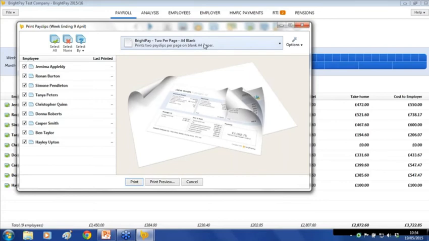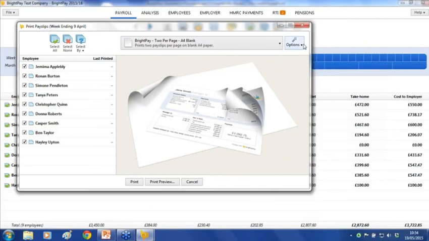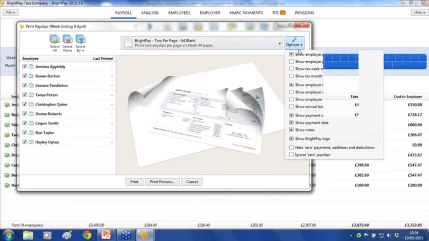In addition to the way you can print the payslip, you also have the option as the user to specify what appears on the payslip. Okay, and you use the options section here. So by default, we put certain things on, the things that are required on the payslip. But if you wish to customize the payslip further, you can click on the options